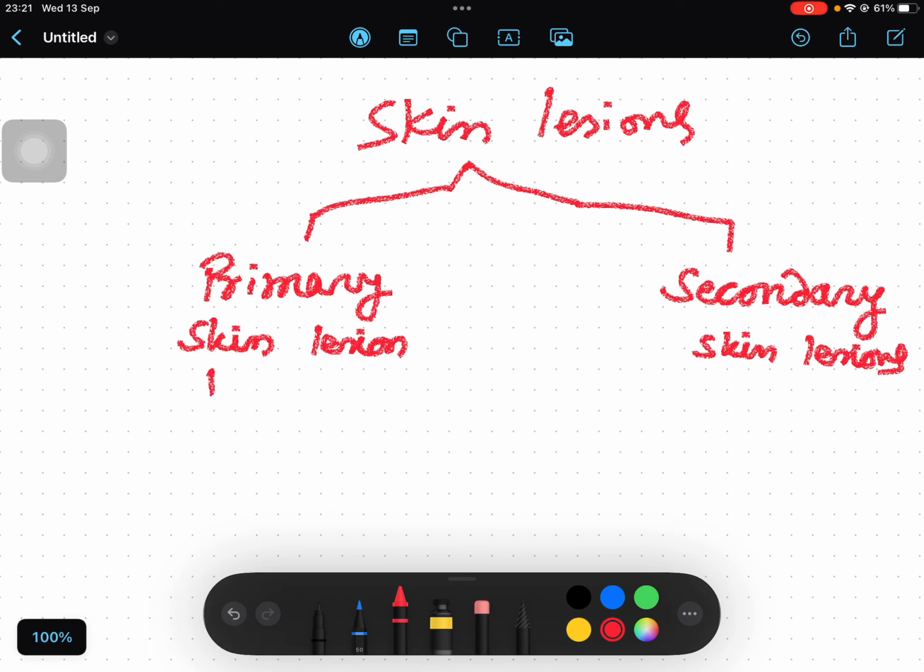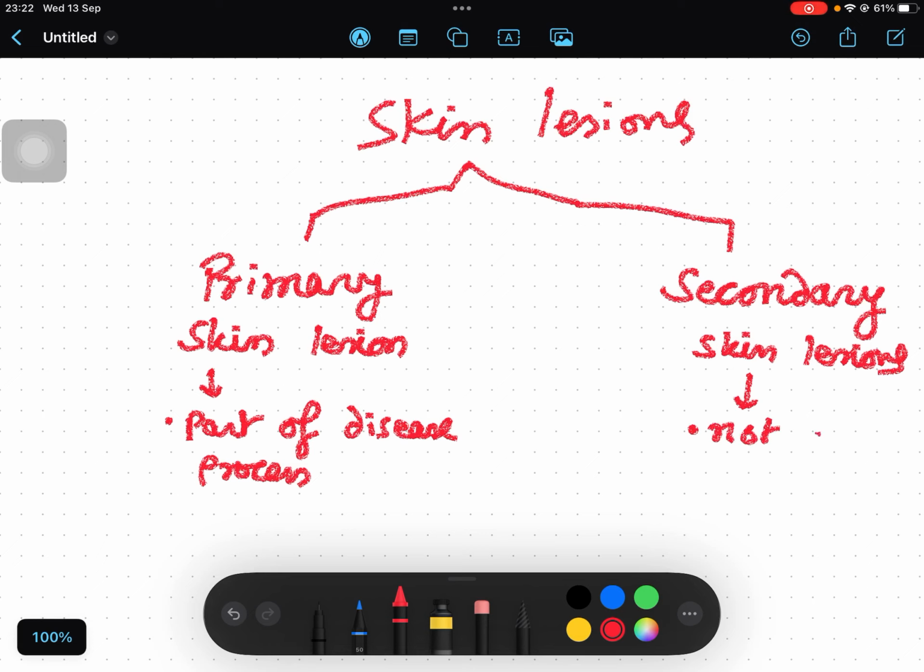Primary lesions are those lesions which are part of the disease process, result as a part of the disease process. Whereas secondary skin lesions, they are not part of the disease process,